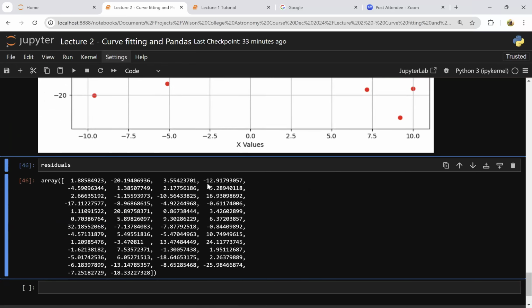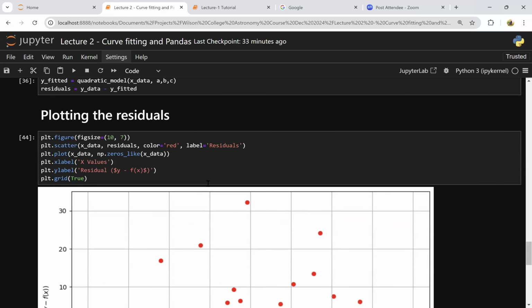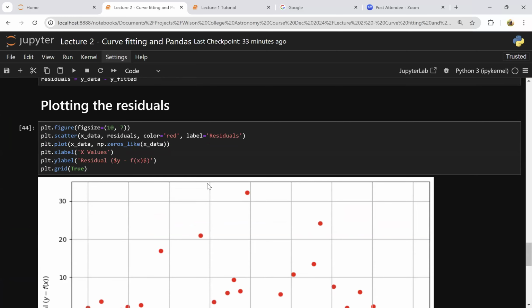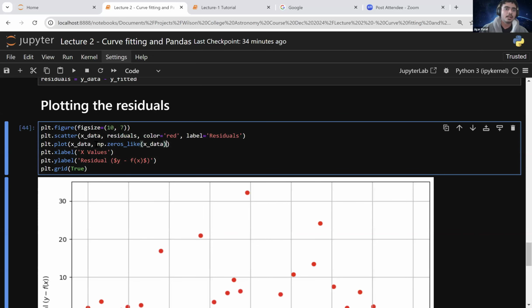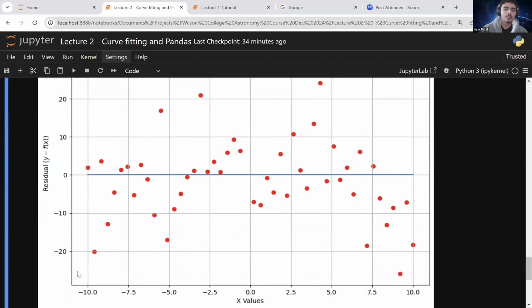Show what that earlier command... Can you plot why that x data np.zeros is plotted? Yeah, so I just wanted a line throughout x, but y equals 0. So if these points are closer to this line, that means it's a very good estimate. If these points are farther away from the y equal to 0 line, that means it's somewhat an okayish estimate. So you can see that at x is equal to 5,